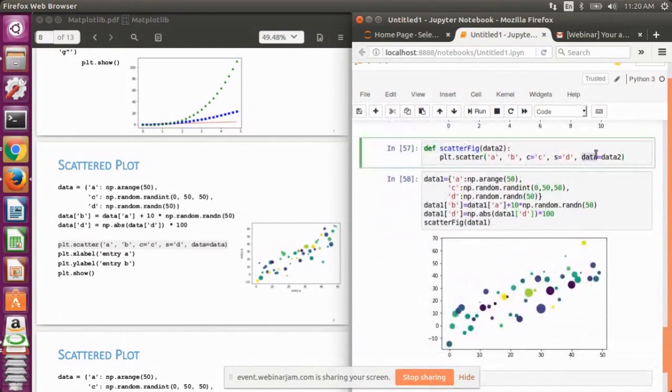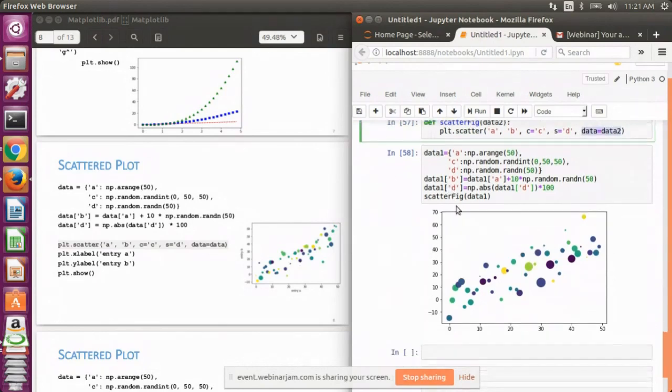So in the scatter plot, the last argument is basically used to define the name of the dictionary variable. And inside the scatter plot, we are using the fields of the dictionary. If we are passing a list, then we just need to pass the list variables. Then there is no need to use the last argument that we have used here. So this way you can use the function, and suppose I need to make some changes and plot the same thing again.